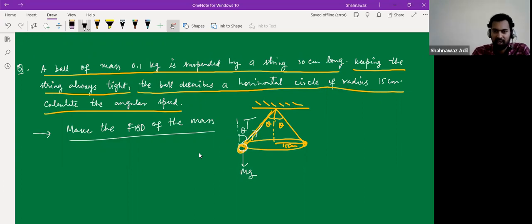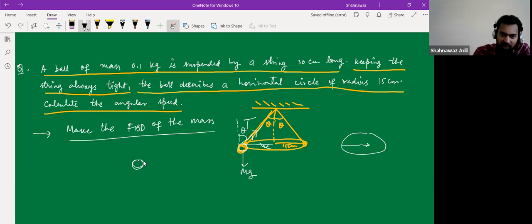Yes. Now this part is moving in circular motion, right? So this is moving in circular motion. So towards the center, there is a force, right? So towards the center, there is the centripetal force, right? Are there any other forces? No. Right. So for this part,